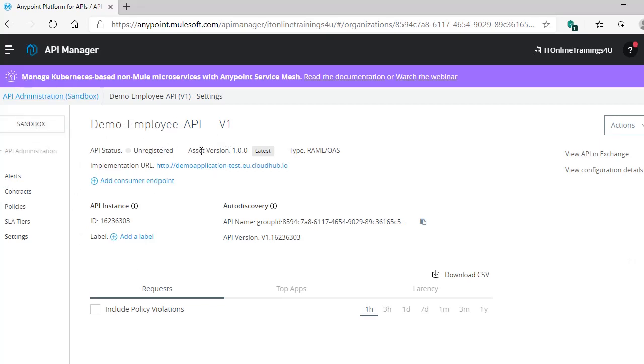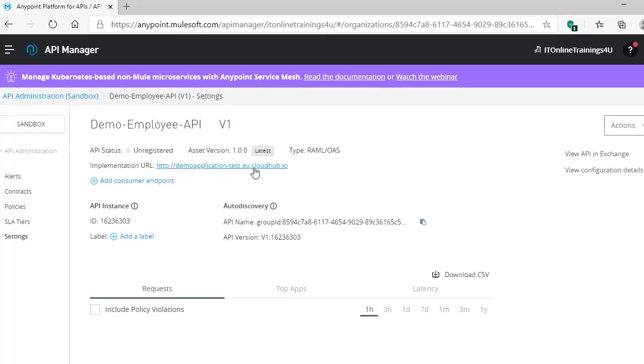Okay, so once we click on save, it will create an API here in our API Manager. If you can observe, this is the asset version, which is the latest one. Because in future, if we require any changes in our RAML, we can make those changes on top of the existing RAML, and we can publish that REST API as a new asset with a different version. See, our current version is 1.0.0, right? So in future, if you need to make any other changes in your existing REST API, you can make the changes and publish it as another asset with 1.0.1. Then we can update our API accordingly. Okay, we will see all those things slowly one by one. So for now, keep in mind that once you create an API, it will create the information like this.